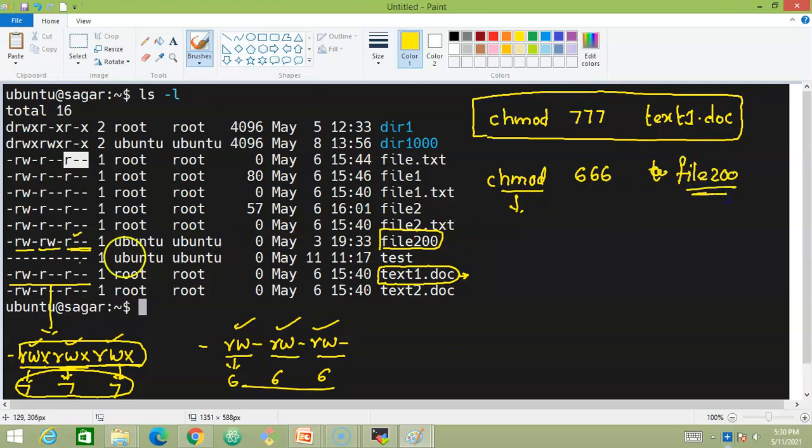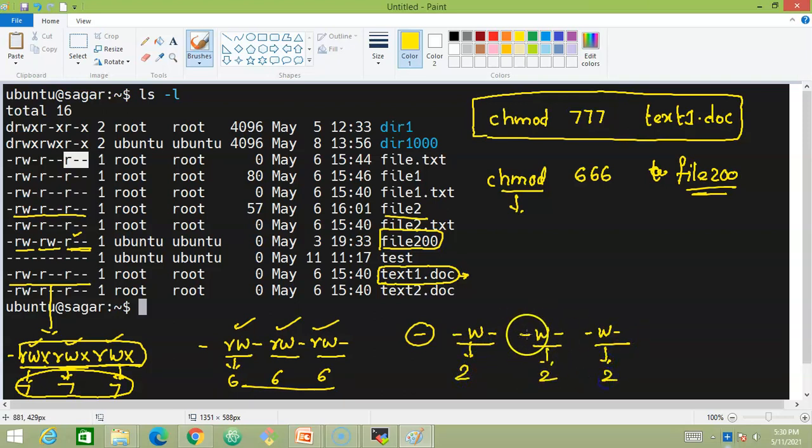What if we would like to give only write permissions? Let's assume we would like to give only the write permissions for this file. Only write permissions. So what we are trying to do is this is a regular file and hyphen w hyphen, and hyphen w hyphen, w hyphen. So only the write permissions we would like to give. And you all know it very well, the write permissions are nothing but 2 and 2 and 2.